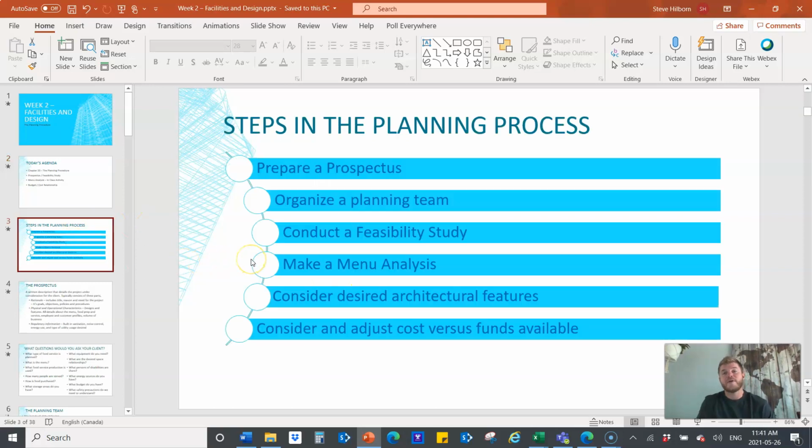So the first slide that we talk about is what are the steps in the planning process? So there are 6 steps that we like to take a look at. The very first is planning a prospectus. Then we look into what is our planning team. So who will be doing this design? This could be engineering firms. This could be the actual food and beverage management of the property. This could be the long-term care facility management or the prison management or the mall management, depending on the location